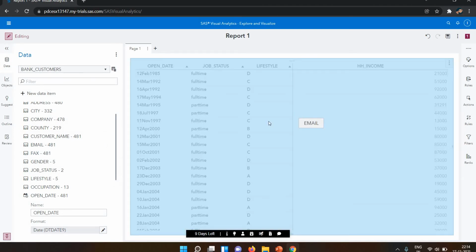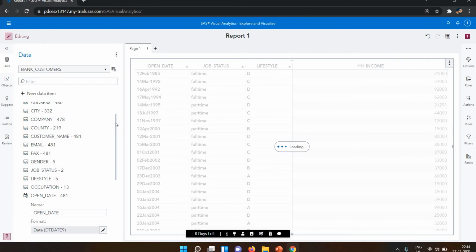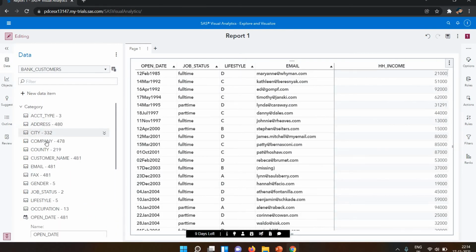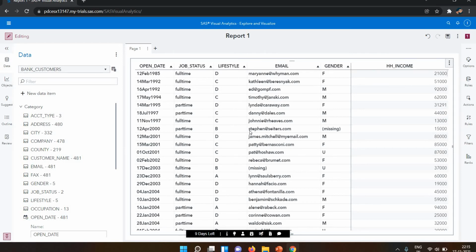If you want email, it is added. And the gender also we drag. Now we have my table here.